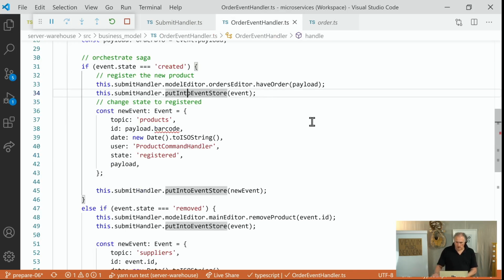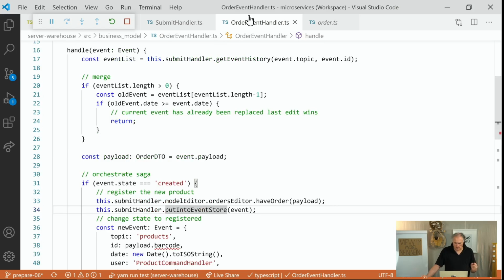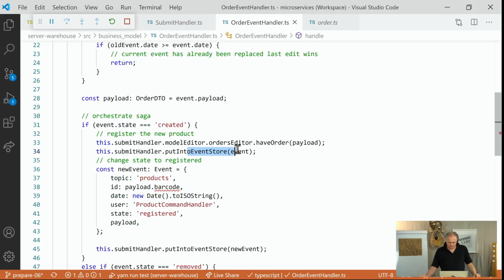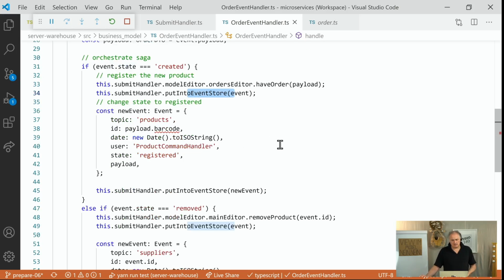So our handle event in the order event handler executes the event that comes from the service and puts it into the event store to catch up with what has happened in the client. And the next thing is that we say, okay, if there is a new event now, what should I do? Actually, we now go back to our